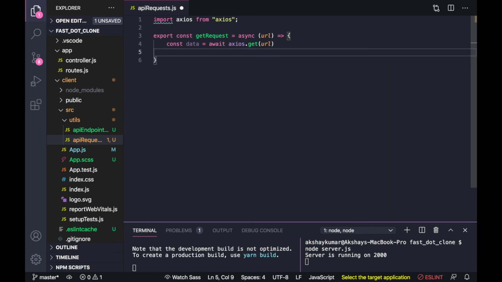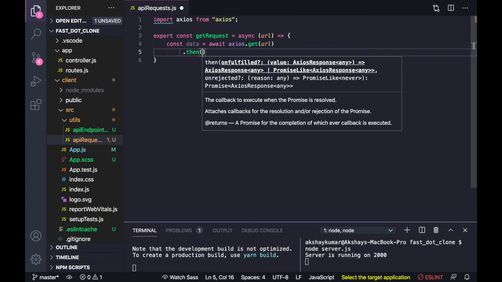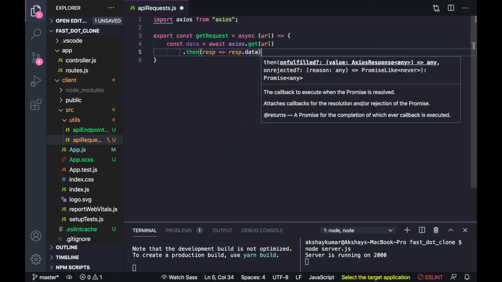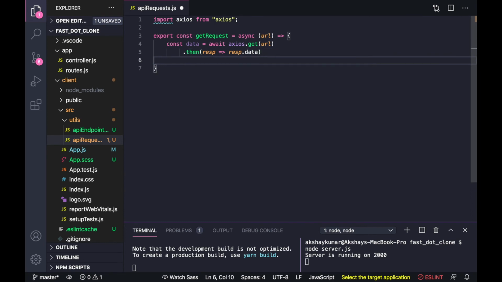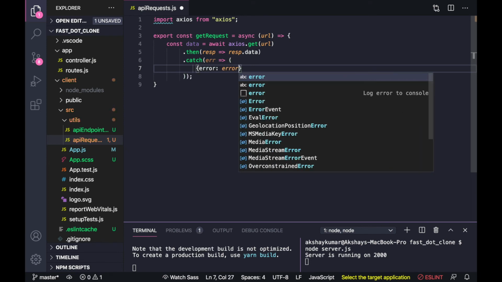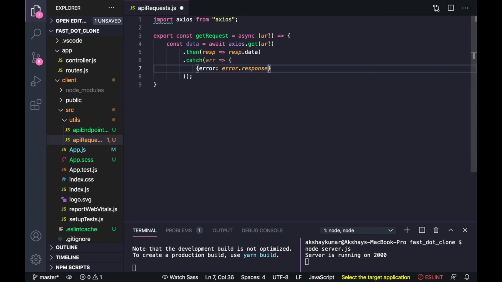Now dot then we will get the response, and from here we will send response.data. After this we will write catch error, and here we will pass one object, error is equal to error.response.data. After everything we will just return data.